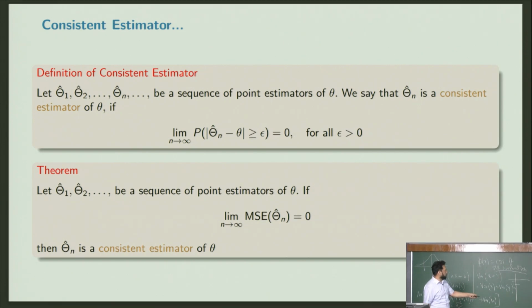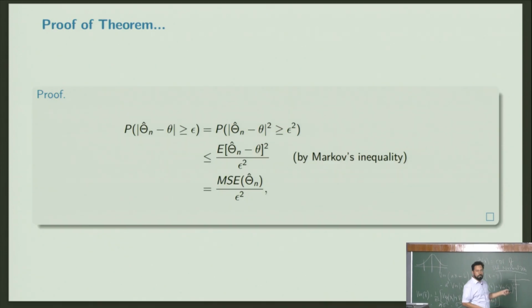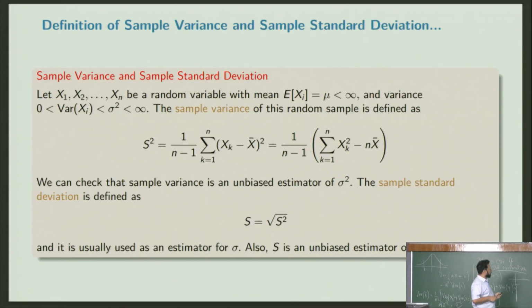And there is a theorem where I can also say that these theta hat n are consistent estimators if the MSE goes to 0. There is a proof of that as well. It's very simple. You use Markov inequality, and you can have a look at this. We just need to know the results rather than the proof, but sometimes looking at the proof you know more. But we don't want to go too much into the proof, we just want to use these results.